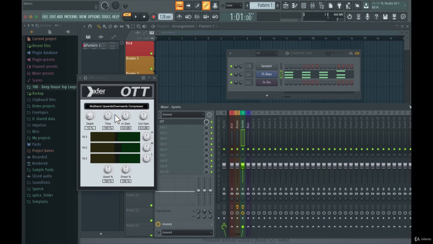It's a bit complicated. I don't actually know the exact thing that the OTT does. I did some research about it, and there are some different YouTube videos that try to explain this, but still I don't really know exactly what it does. But it's a multiband compressor and it sounds awesome. So I think it sounds best when it's set around here in the depth, around let's say 1/4 here. And you can use this on almost every